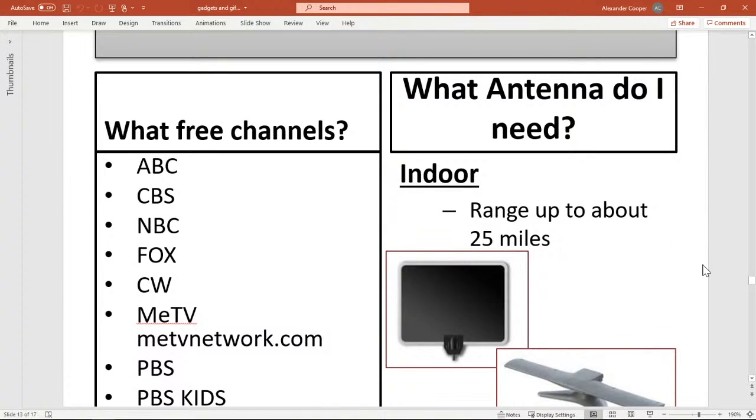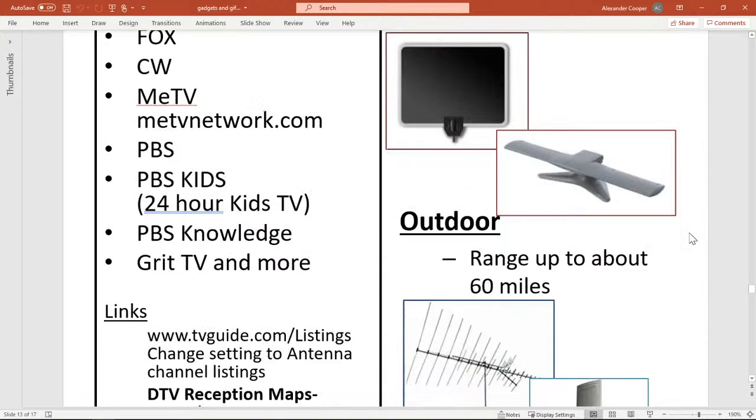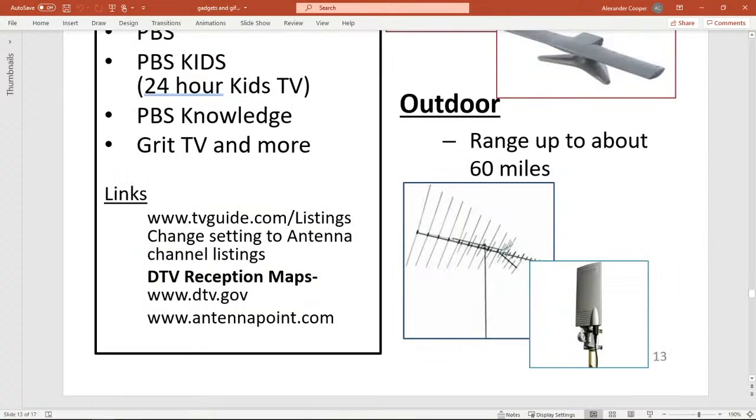North Augusta, high atop Thunder Hills, where our signal comes from. So when you go into the store and it says 25-mile range, do you live in Augusta? This might work for you. Live in North Augusta? This would probably work for you. Need something that sits on top of the TV. However, if you're further from that, then you probably need to get involved with the range up here, about 60 miles or so,